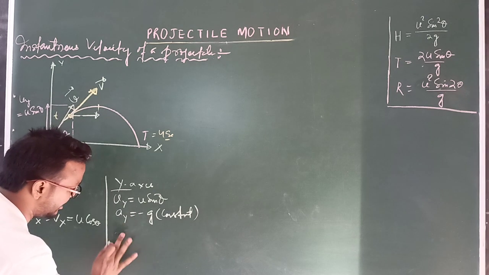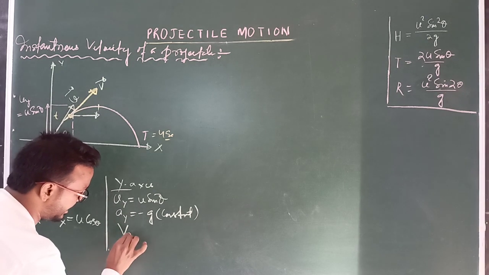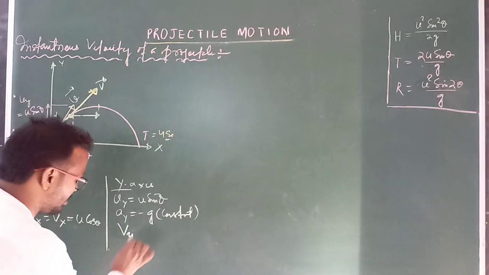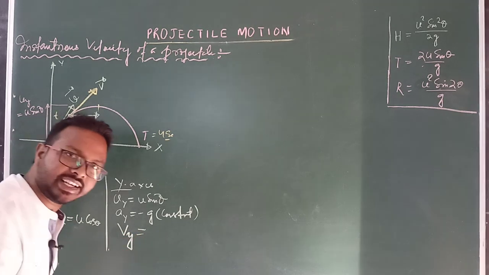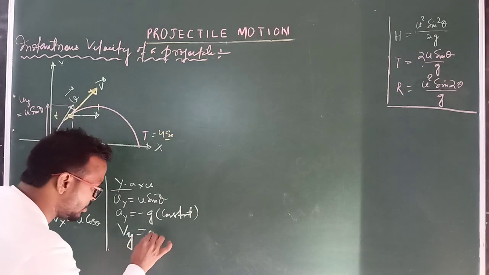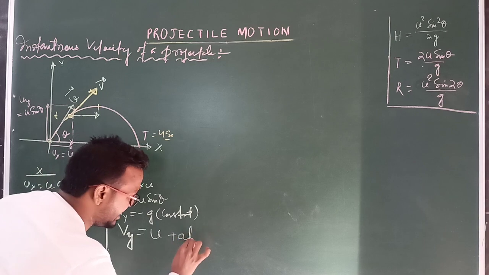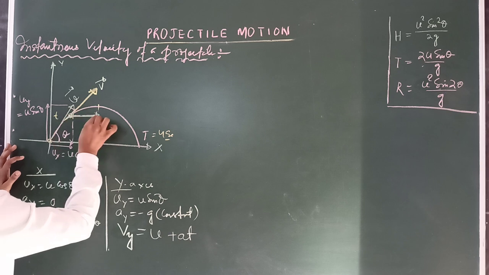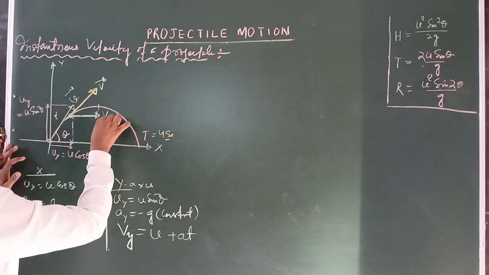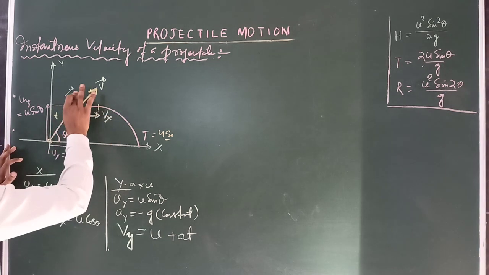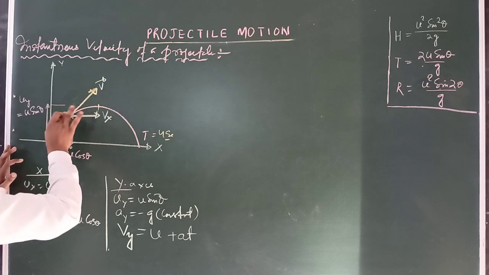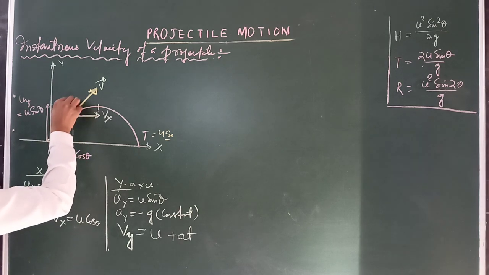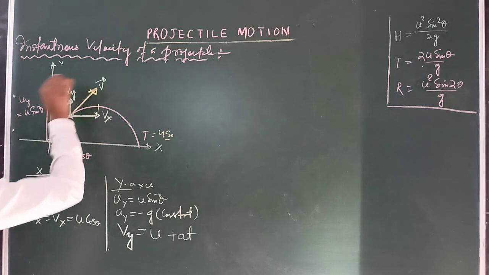So with that, here the velocity is the final velocity Vy. Clear? And the final velocity will be Vy equals how much? v equals u plus at, we already have the formula. Then v equals u plus at. Clear? This point, at this point, this is the velocity along the x axis, I am writing Vx, and this velocity along the y axis, this is Vy.